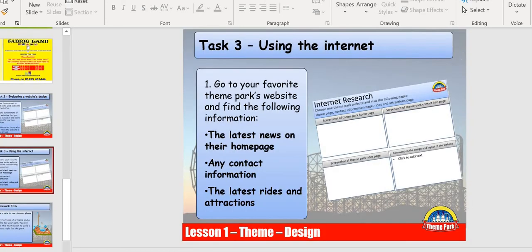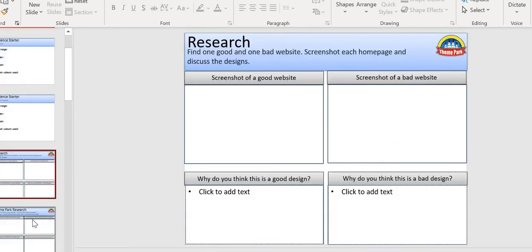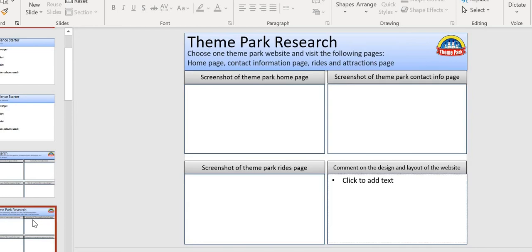Once you have done that, you're going to be looking at a specific theme park website, and you are going to find specific information. So you're going to look for the latest news on their homepage, any contact information you can find, and the latest rides and attractions. So if we go back to your pupil booklet,